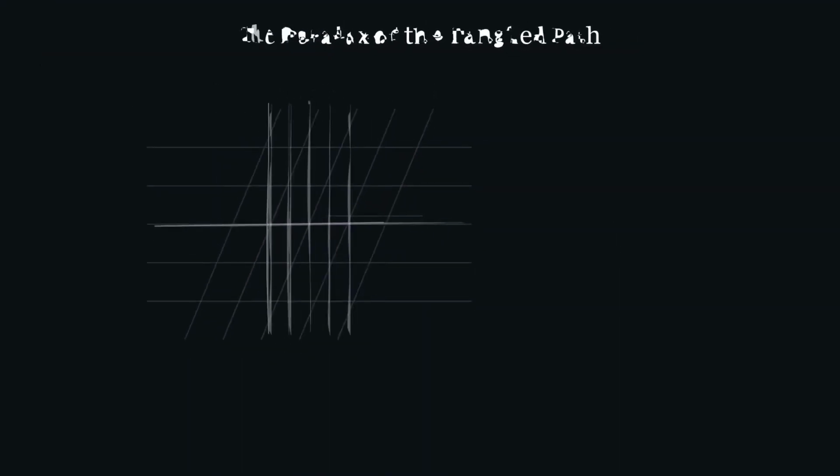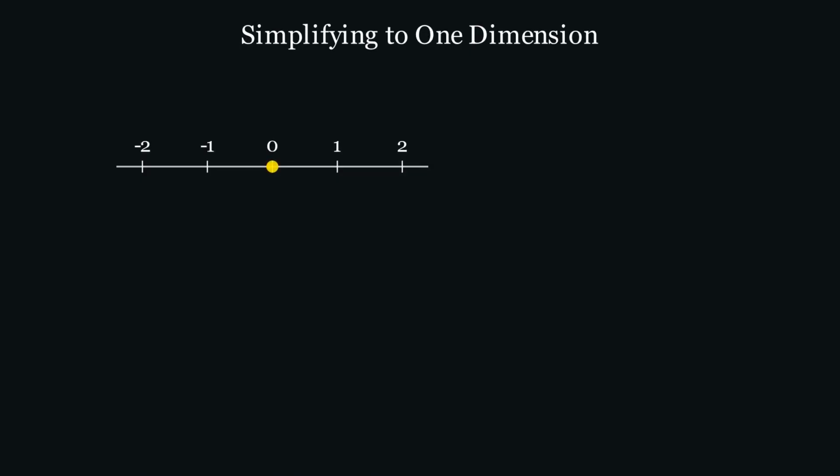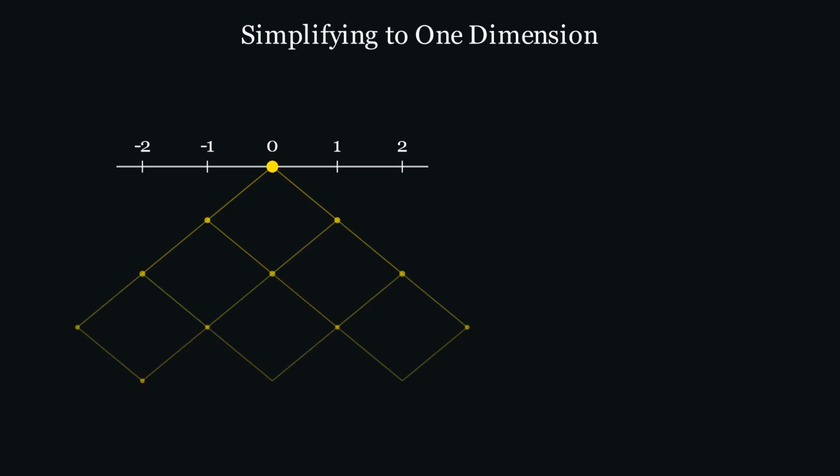To understand why distance grows as the square root of time, let us simplify the picture. Imagine our yellow particle constrained to move along a single straight line, taking equal steps of length 1, either to the right or to the left, with equal probability. If you ask for the average final position after many steps, the answer is unhelpful. Positive steps and negative steps cancel out, leaving an average position of 0.